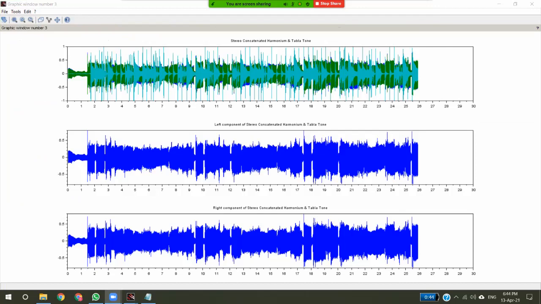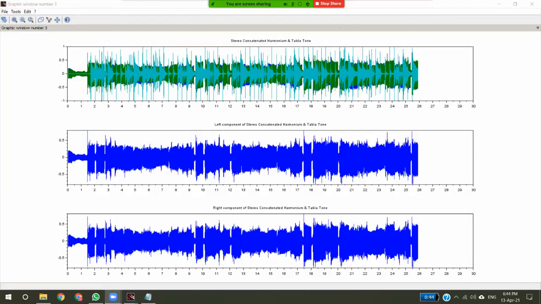So this graph is of two audios concatenated one on another. That is, both the audio signals will be played simultaneously. As we can see on the first graph, the light blue signal, which is cyan, is tone 2, and the green tone is tone 1.